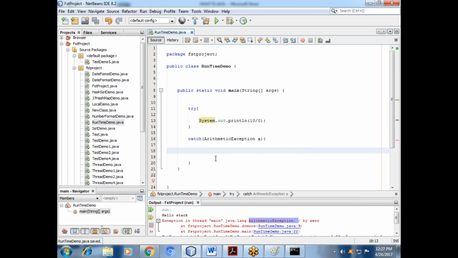Already we have passed it. Suppose whenever there is risky code, in the try block whatever you implement, the flow of the program will be inside that try. If anything happens, it will come inside the catch block. Got it?